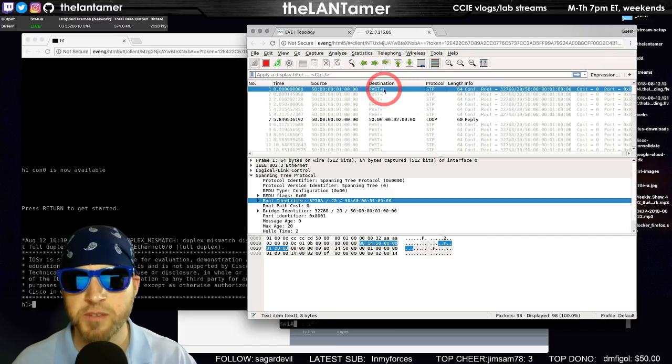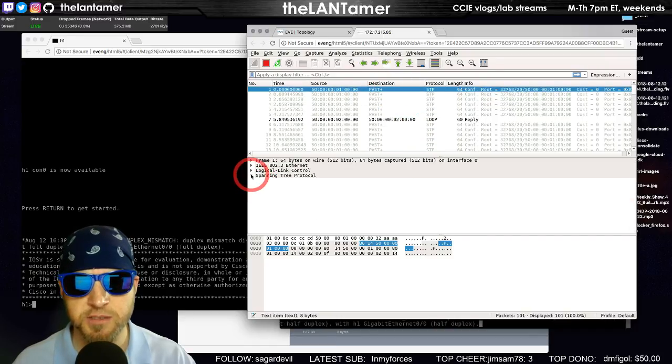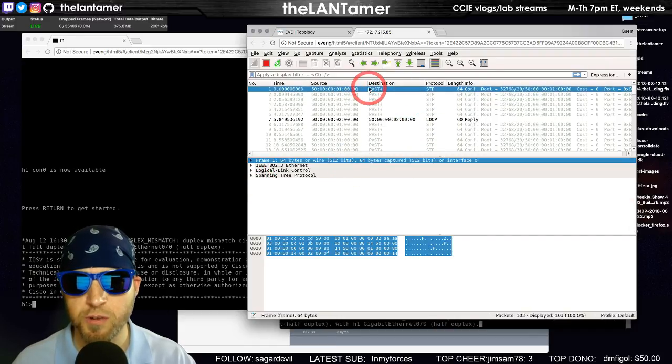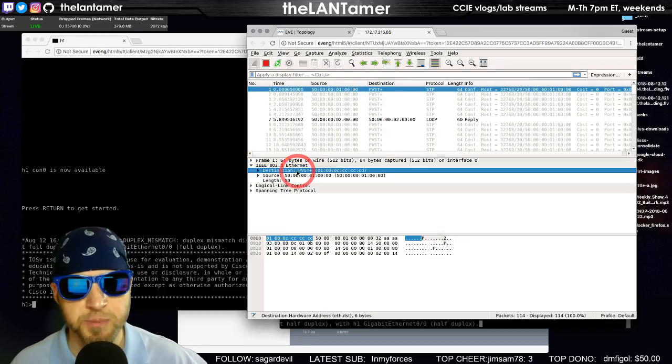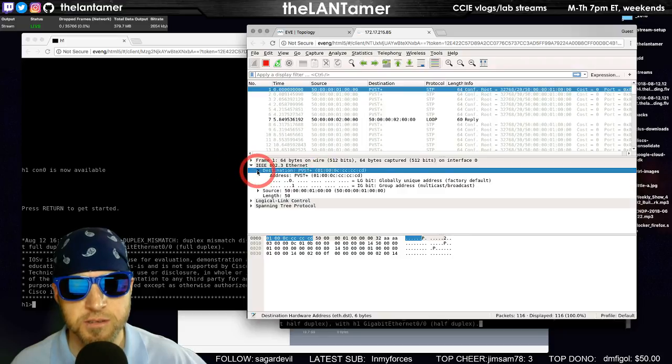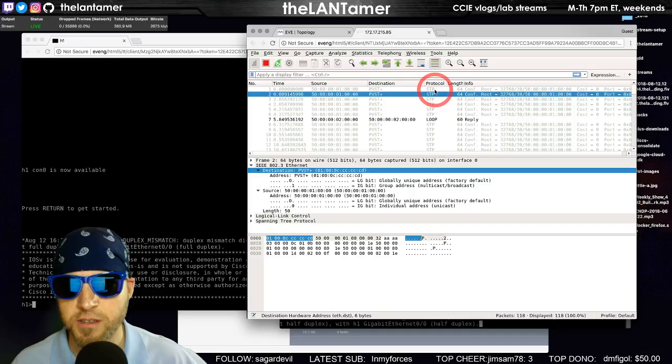And notice he's doing PVST+ as a destination, which I find interesting. Normally this would go to the spanning tree for bridges address, which is the IEEE 802.1D address. But the destination address here is PVST+. Interesting.